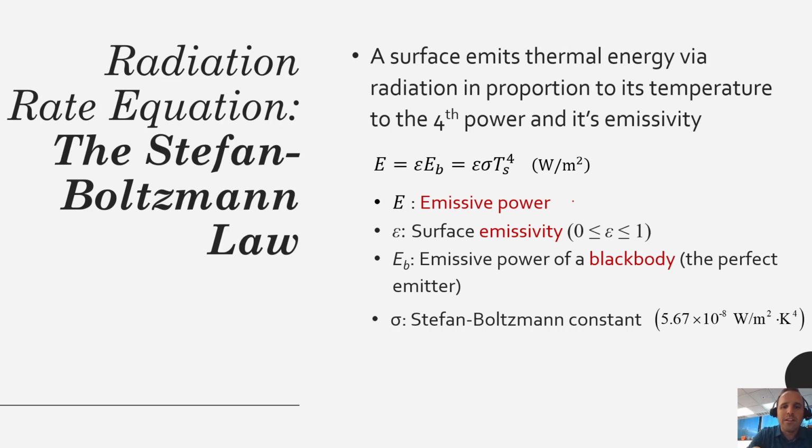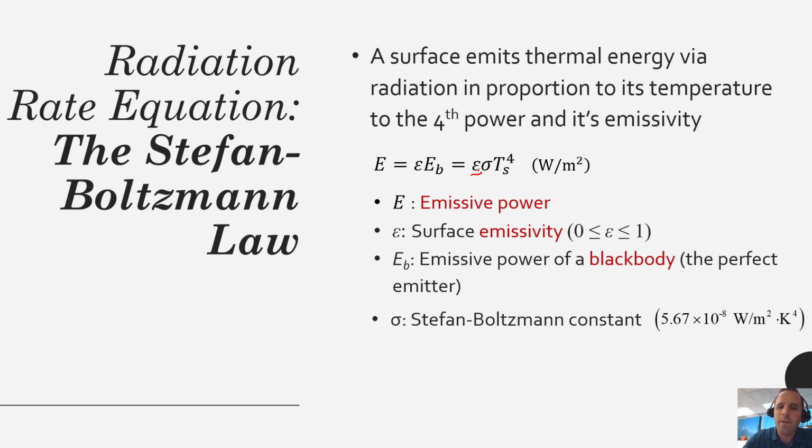So the Stefan-Boltzmann Law tells us that the emissive power, or the total rate at which energy is being emitted from a surface, is proportional to epsilon. Epsilon is a property of the surface called the emissivity of a surface. So a white painted wall is going to have a different emissivity than a rock, and both of those are going to have a different emissivity than a steel surface. So this is a property of the particular surface, will determine largely how much heat is able to be emitted